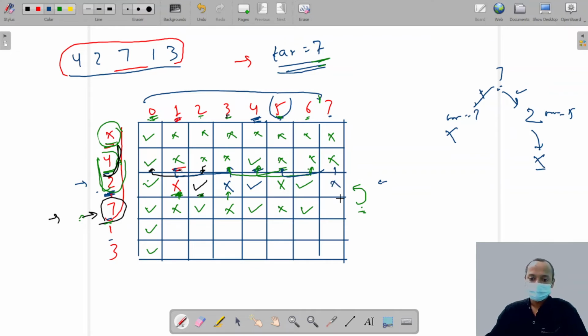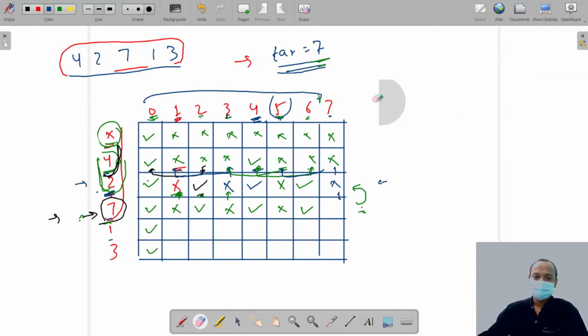Now I'm talking about this point. This player has 2 choices. We can exclude or we can include, because the target is 7. If we exclude this player, then we ask the rest of the team, can you make 7 runs without me?